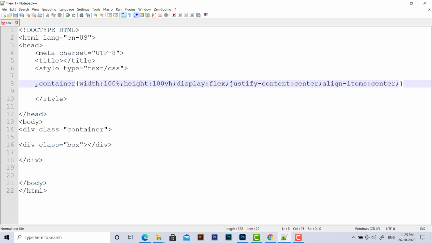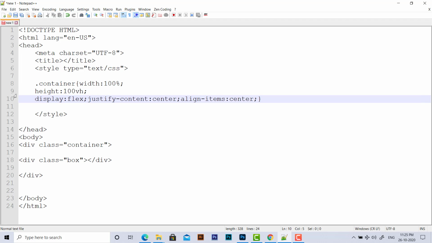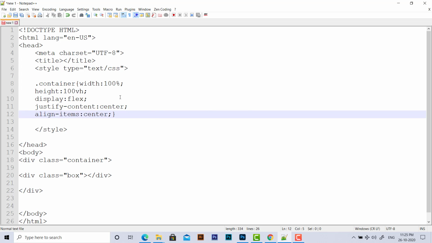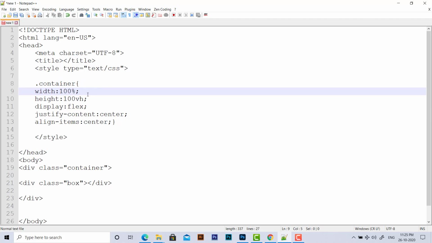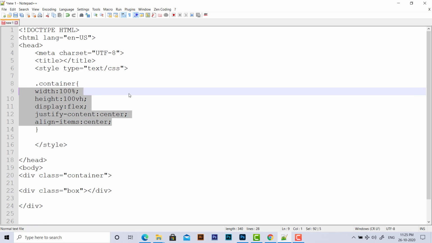This is a minified way of writing CSS. Generally you can also write the CSS code by putting each property on its own line. You can write it in this way also, and it is a common way of writing CSS. But sometimes when there is a lot of CSS code, it is better to minimize the number of lines.